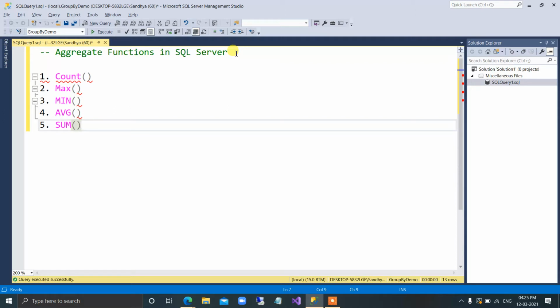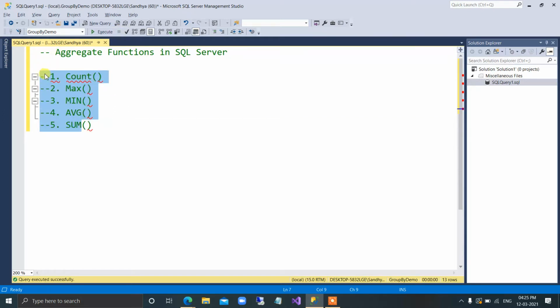Okay, these are the most commonly used aggregate functions. So count is generally used to find out the total number of rows, or records, present in your table. You can say a single line is either a record or a row.